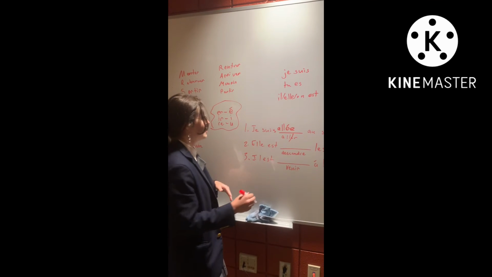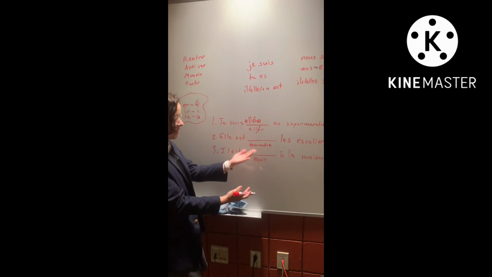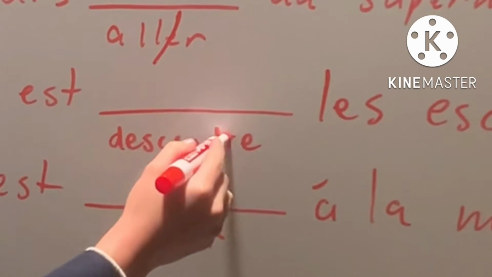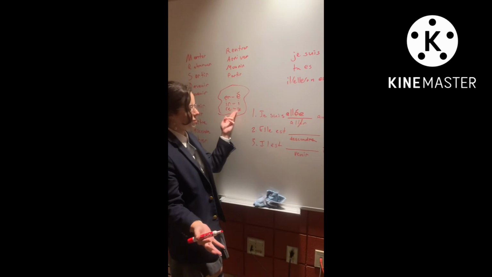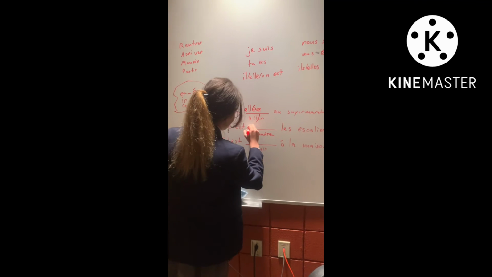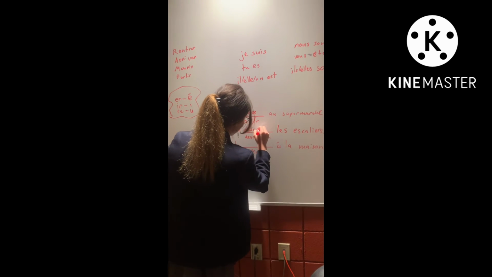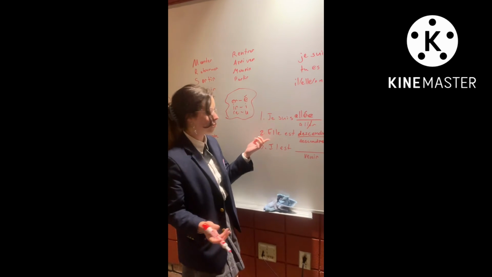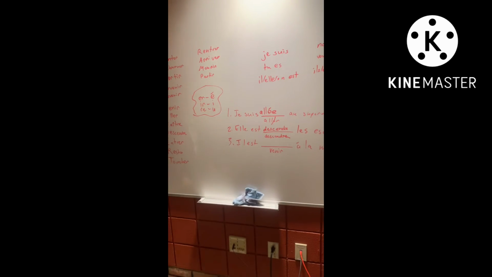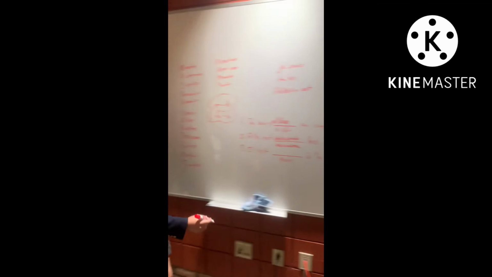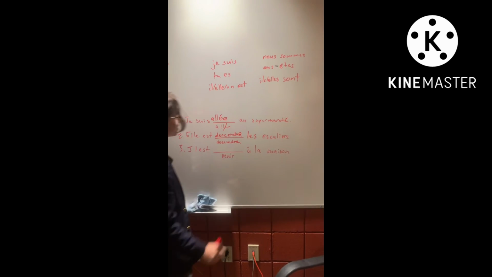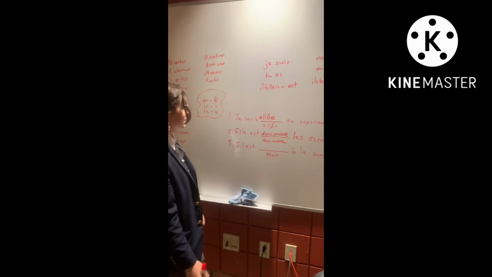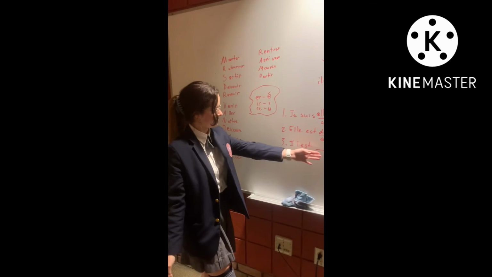It's what we want. So we have another one, but this one, re. We don't want that anymore. We want u. So now we have descendu, and we're talking about a woman. So, e, descendue.